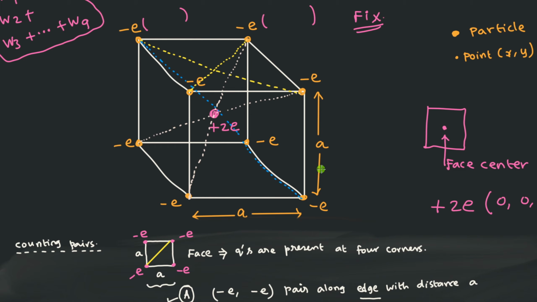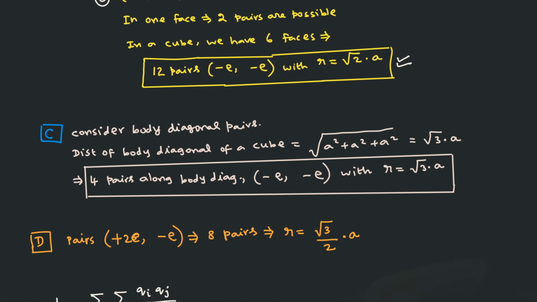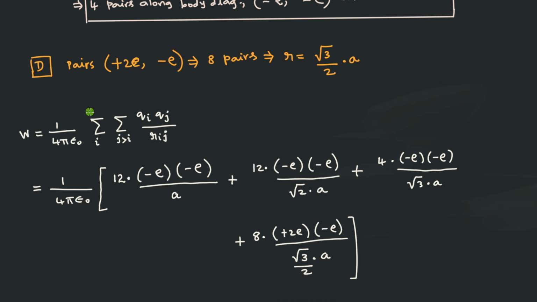So this is called assembling, not necessarily a particular well-known geometry. Even an undefined geometrical structure you can construct, and in that case a proper diagram with the distances should be provided. If you say regular hexagon, distances will not be provided. You are supposed to know how to calculate the distance between two corners of a hexagon. So that is the idea. You need to practice one or two problems of this kind so that you actually know what you are doing for the summation. By doing this problem, you are able to grasp the meaning of the double summation. Otherwise, theoretically, you write an equation and it looks complicated.